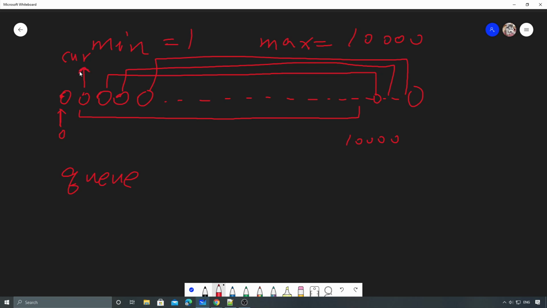When this first one popped out, we don't need to check everything starting from here to here, because we know all the indexes before this 10,000 have already been checked, right? All we need to do is check anything that's after this one, starting from here. Similar for this one, and the reason being is that